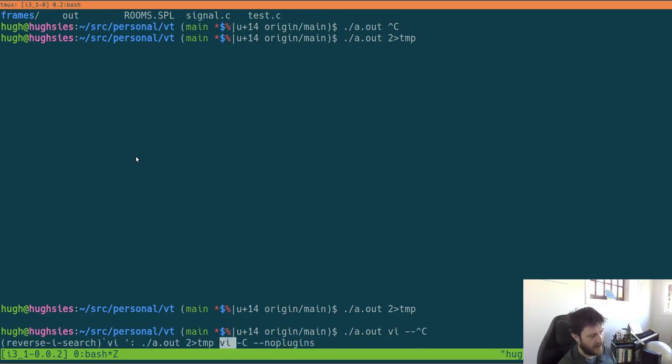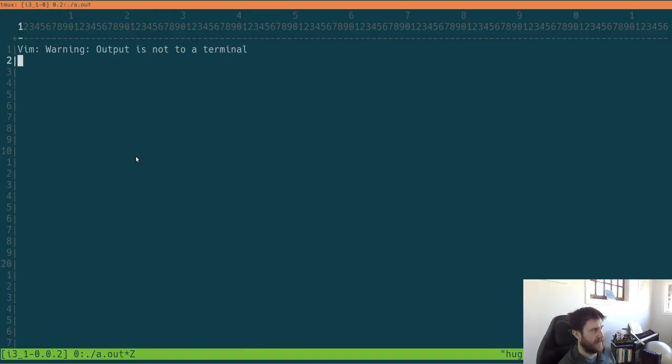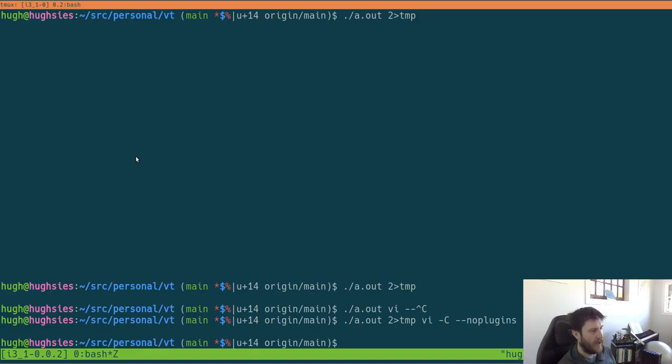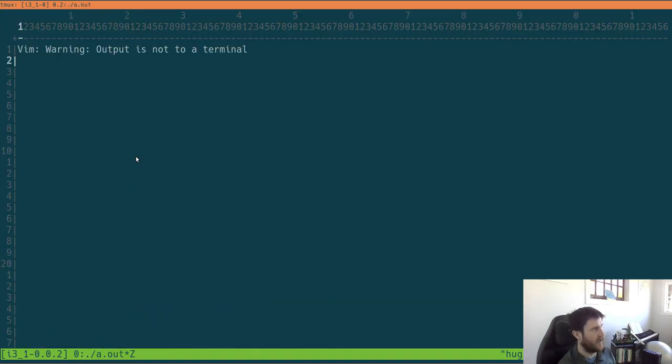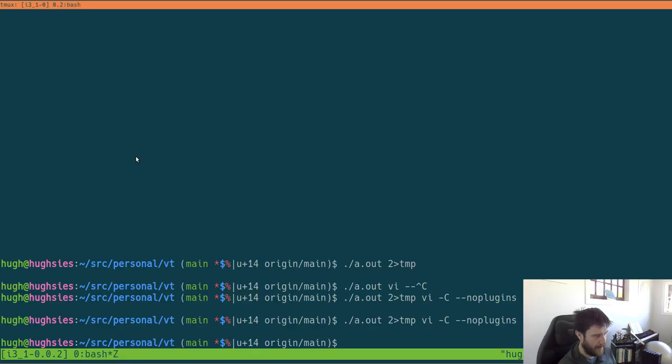Yeah, so if you do VI minus capital C, that means it's in VI compatible mode. And no plugins means it won't read any of my functions. So if I did something like this, I kind of loaded VI for a second. And I think if we took away that,